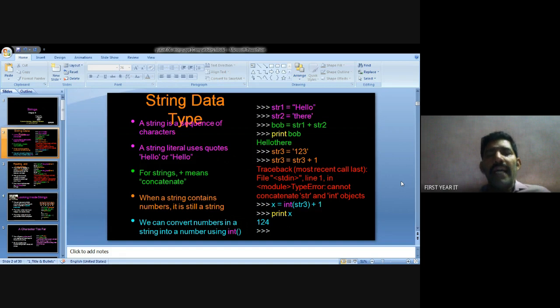We cannot add a string and an integer, so we convert the string value using int. So x equal to int of string 3 plus 1. String 3 is converted to the integer 123, plus 1. In total, print x gives 124.